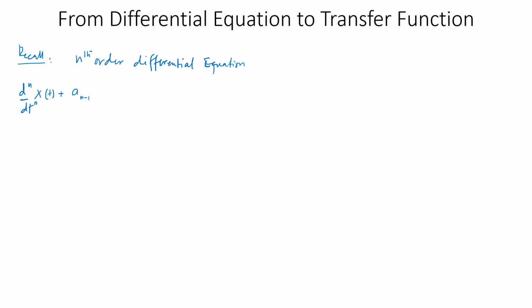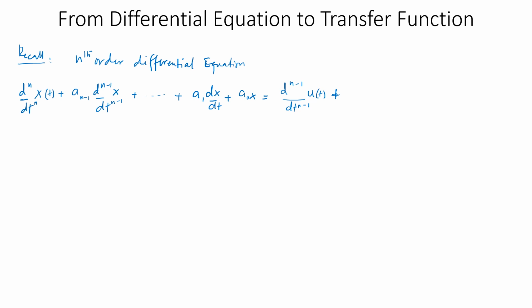So this is going to be a_{n-1} d^{n-1} by dt^{n-1} of x. Then you keep on doing it all the way to the second last term, which is going to be a_1 dx by dt, and then you have a_0 multiplied with x, equal to the inputs. Now in our case you may have the differential arrangement for the inputs as well, so that may be written in that form: you have d^{n-1}, the highest possible term that may be there, by dt^{n-1} of u, which is also possibly dependent on time, and that is going to be added